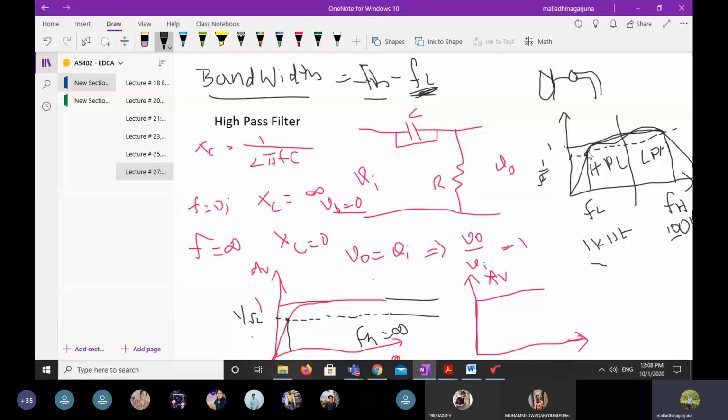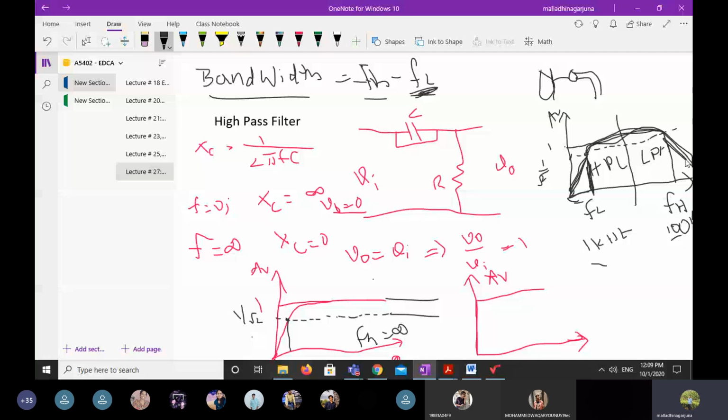If the speaker speaks less than that frequency, the gain is less. See, this is the gain. If we speak less than the lower cutoff frequency, what happens? The gain is 0, right? If they speak more than the higher cutoff frequency, also the gain is 0. So the speaker always should speak within the range of one frequency to another frequency.